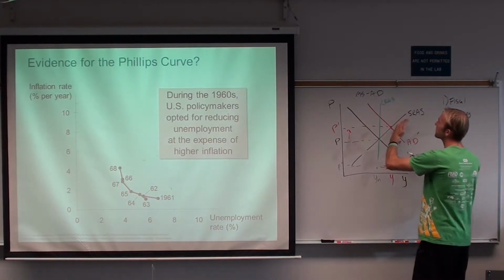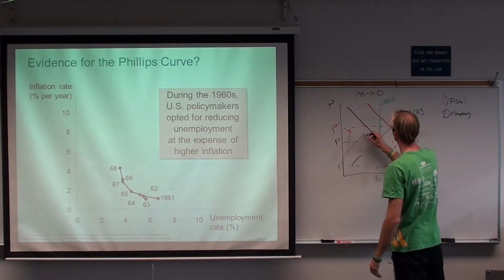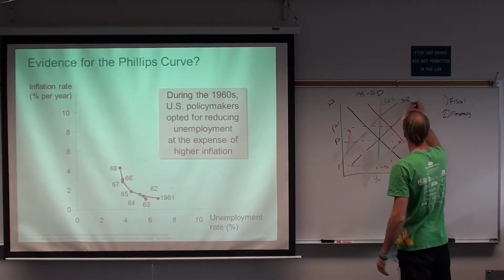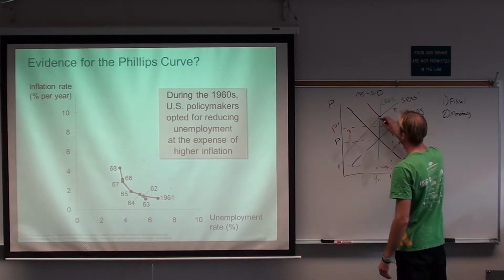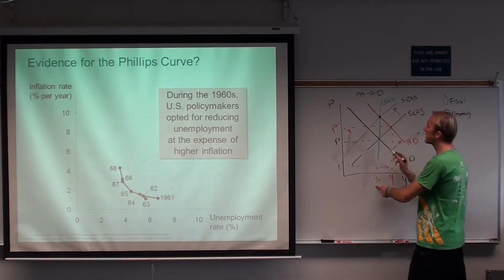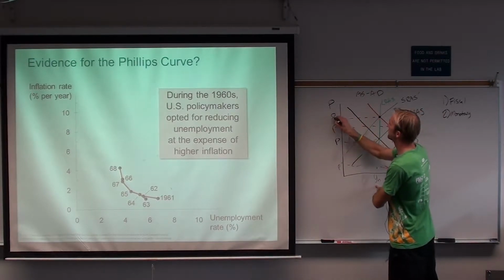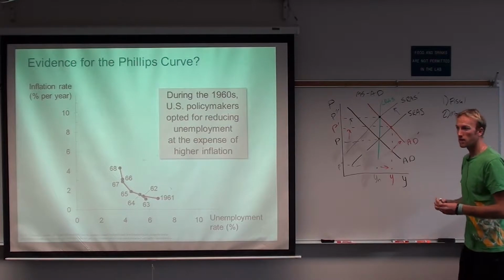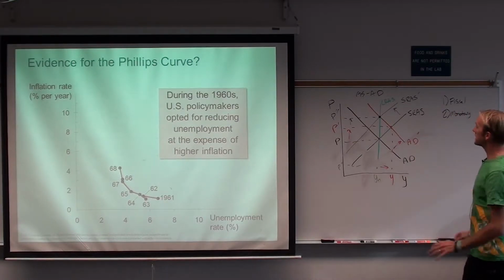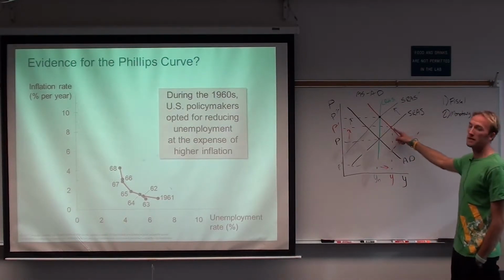So what happens to the short run aggregate supply? It decreases, right? So it moves to the left, it decreases. And guess what? Where do I end up at? Natural rate. But what do you know about the prices? The price goes up even higher, okay? Okay. So you guys should be looking at this and be like, I know we're not going to stay here